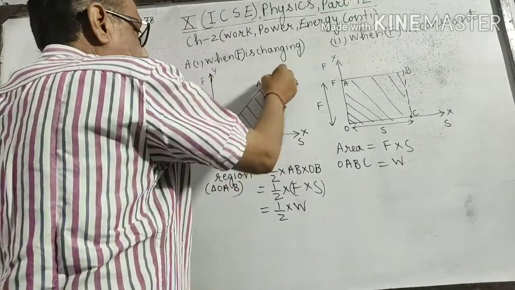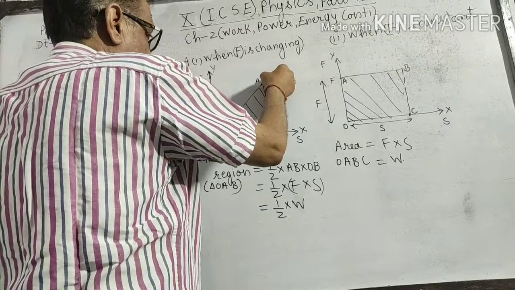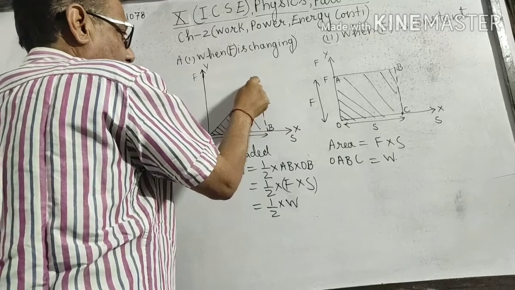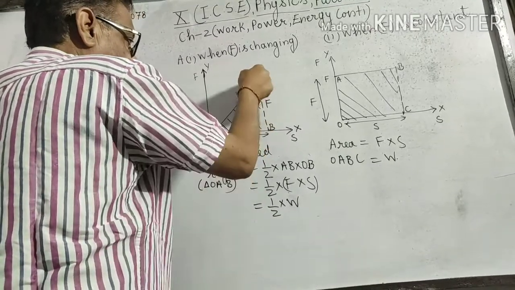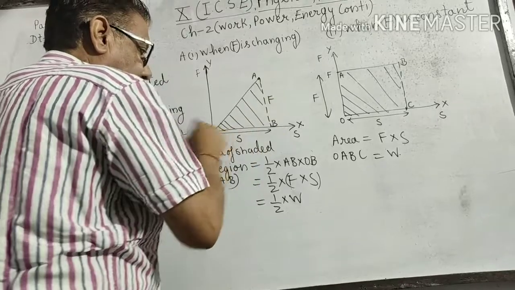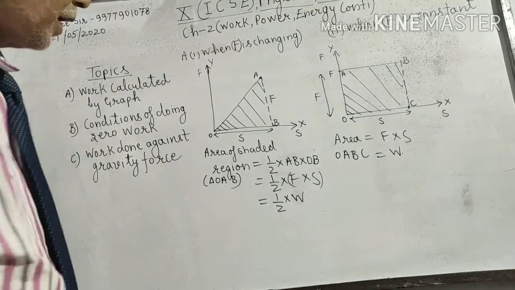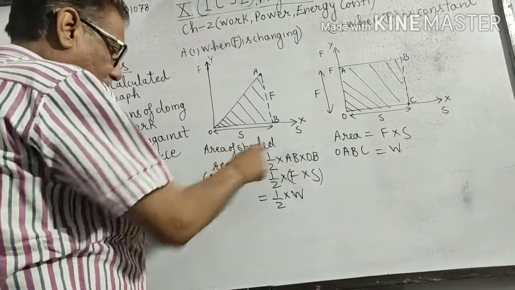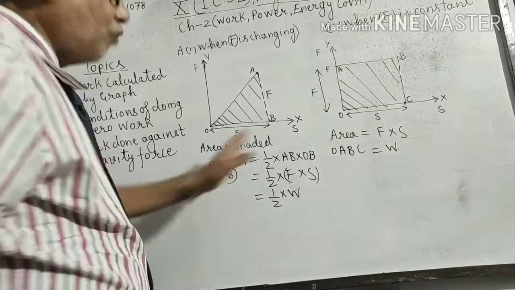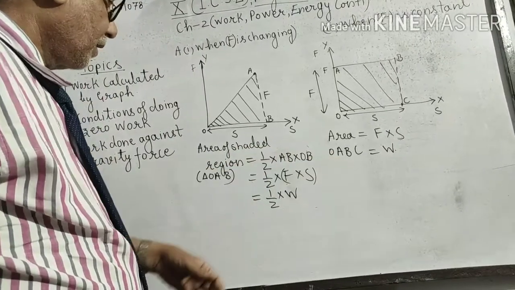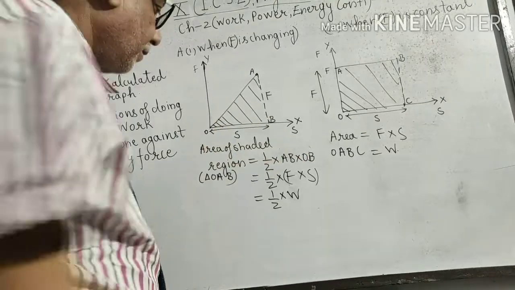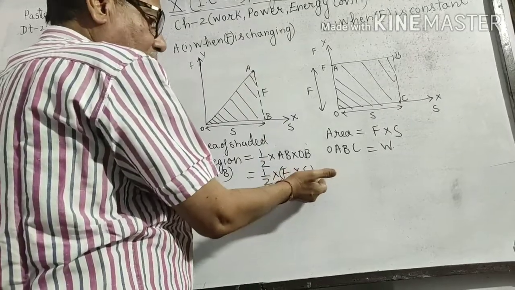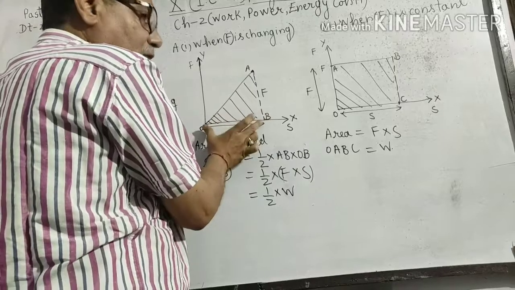So when the last value of the force comes, suppose for the last displacement, the displacement is B and the last value of force corresponds to it. Drop down the perpendicular, and you get a right angle triangle. If you calculate the area of this right angle triangle, the area of the shaded region, triangle OAB, how much is it? Half into base into height. So half AB into OB. What is AB? Force. OB is the total displacement.